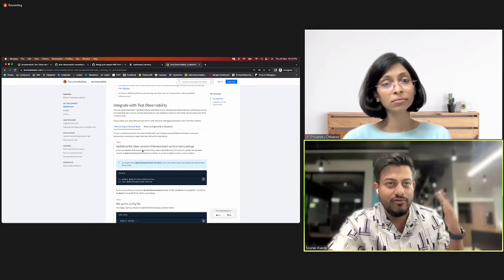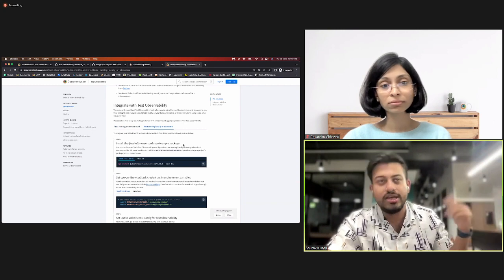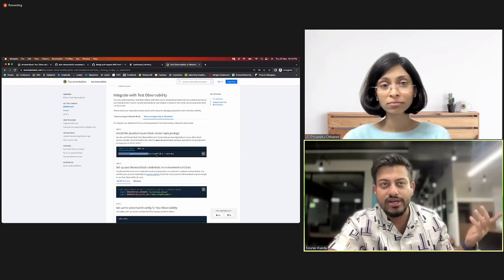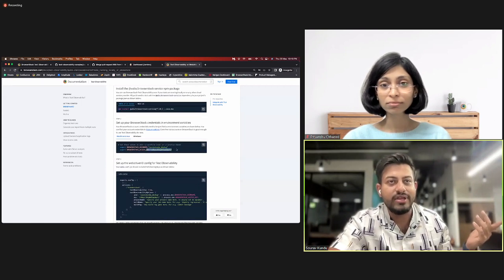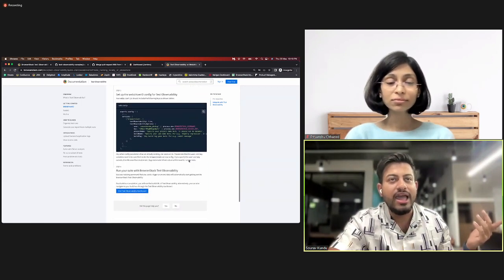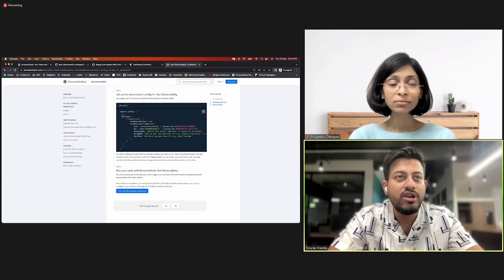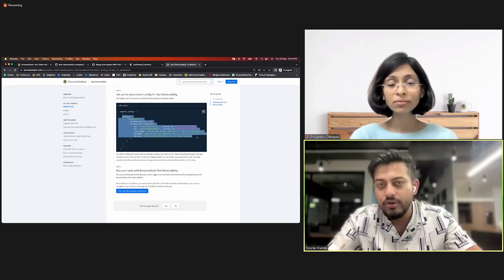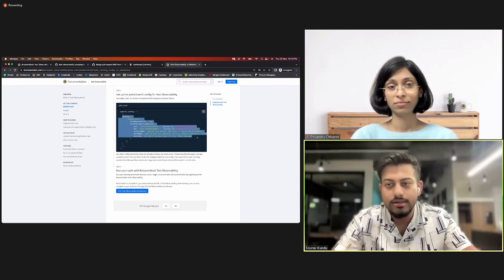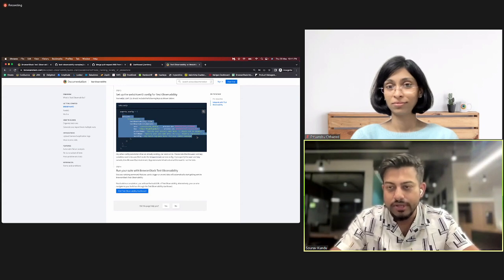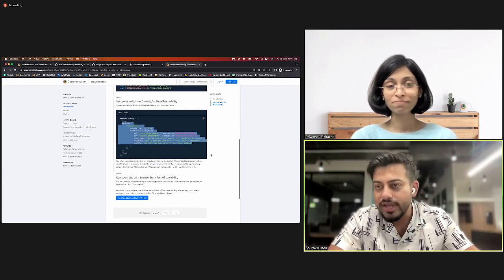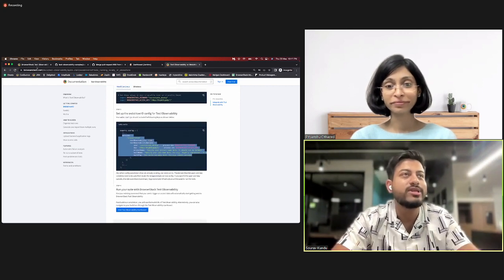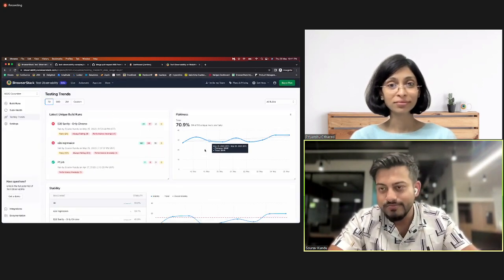If they're running on BrowserStack, you follow these steps. If they're not running on BrowserStack, you just have to install one npm package that takes a few seconds. You have a username and access key, and this is all you have to copy and paste in the WebDriver config file. That's it. There's nothing else you have to do. This is like 5 lines of code change, less than 2 minutes. And the moment you do that, you get all of the test observability that I was showing you.